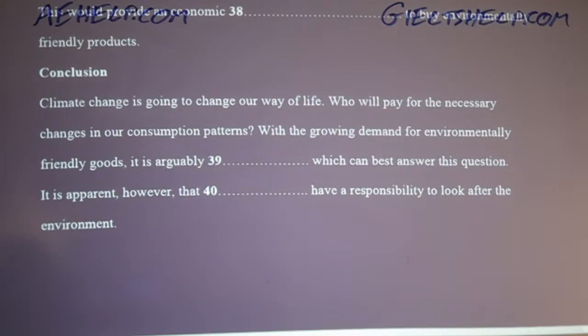The questions that remain to be asked revolve around how to solve the climate crisis and who will pay for the restructuring of our patterns of consumption that have led to these problems. With the ever-growing desire for green consumer goods, perhaps businesses can answer some of these questions by producing environmentally sound products. Even if business has a role to play in saving the environment, it is clear that we all need to do our part. That is the end of section 4. You will now have half a minute to check your answers.